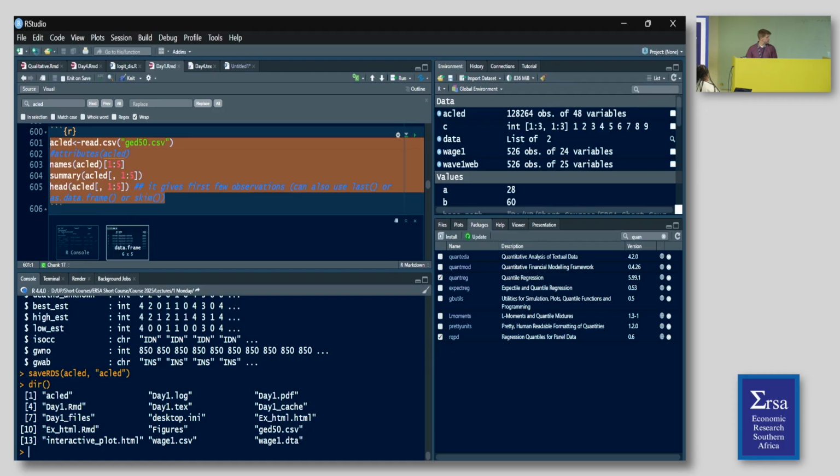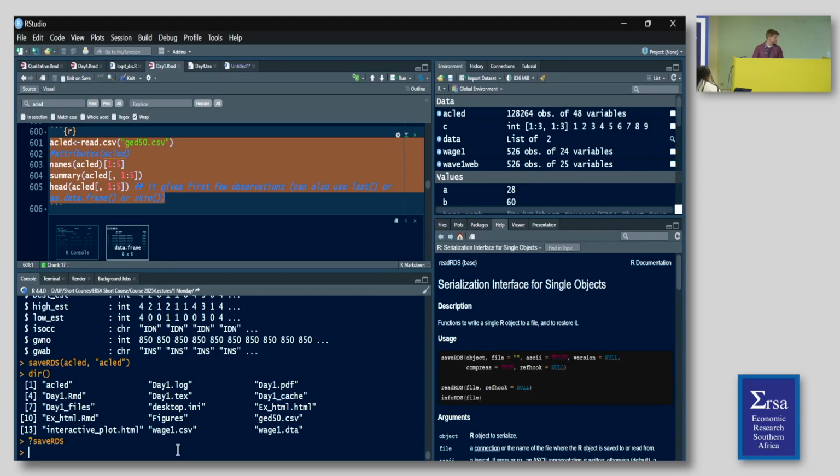But remember the very first way I showed you to work with it. One of the things you could do is save that RDS, which then brings up the help file and the format that you would need for any type of thing that you're doing. In this case, it would tell me that I need the object, I need the file name, and I can actually tell it to change the format. What if I wanted it as ASCII and not as an R file? This is where the help can really benefit you.